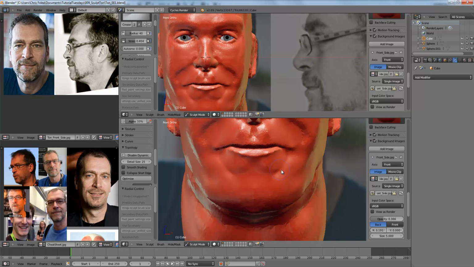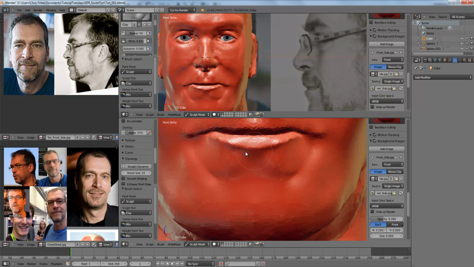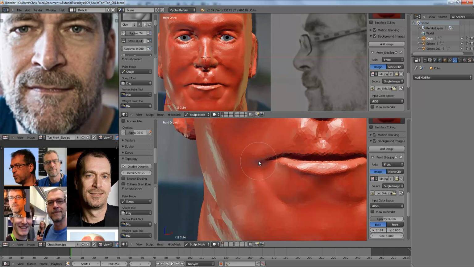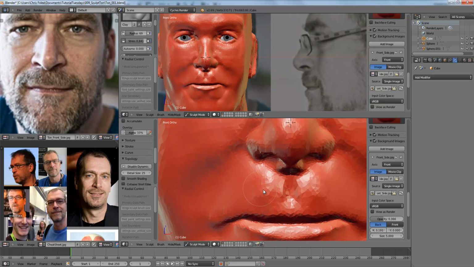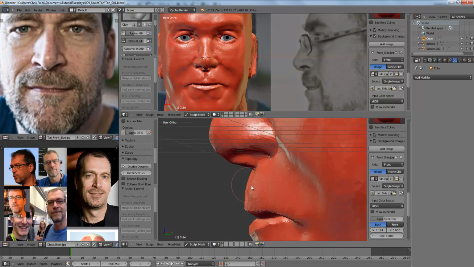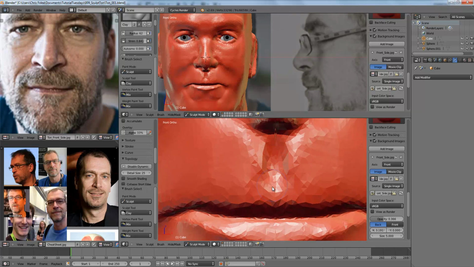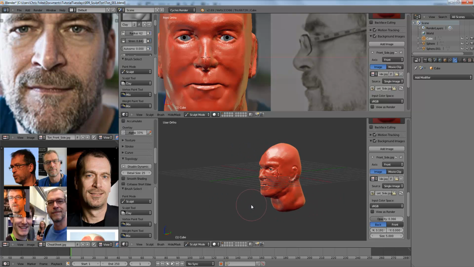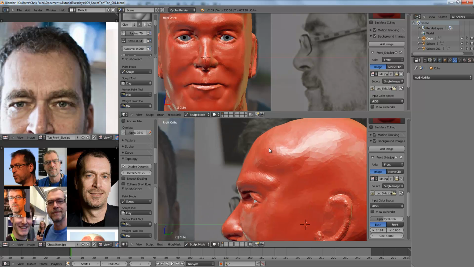I think that we can round this out a little bit though, like so. And then we can also definitely smooth this out a little bit and maybe clay it up a little bit more and just continue playing with it. And same with this area, and that's going to be heavily reliant on the mustache that we add in a future tutorial, hopefully, if you all like this one. And then yeah, we definitely need some work here, especially up top here. This needs to have some more roundness to it,